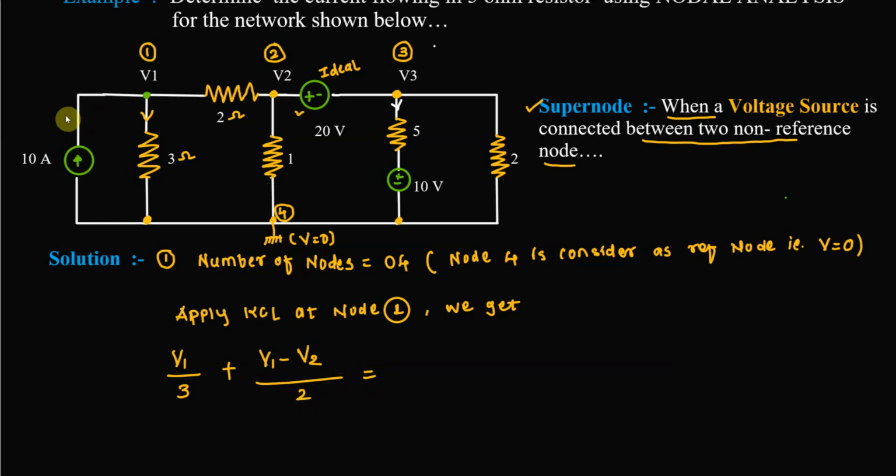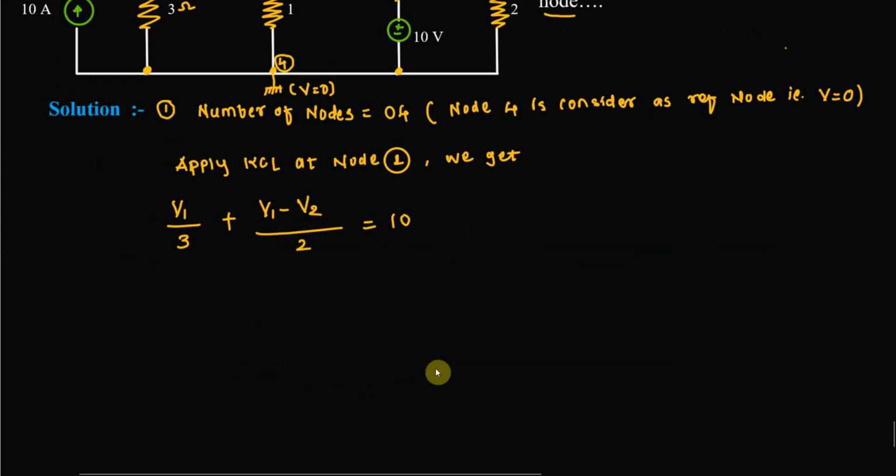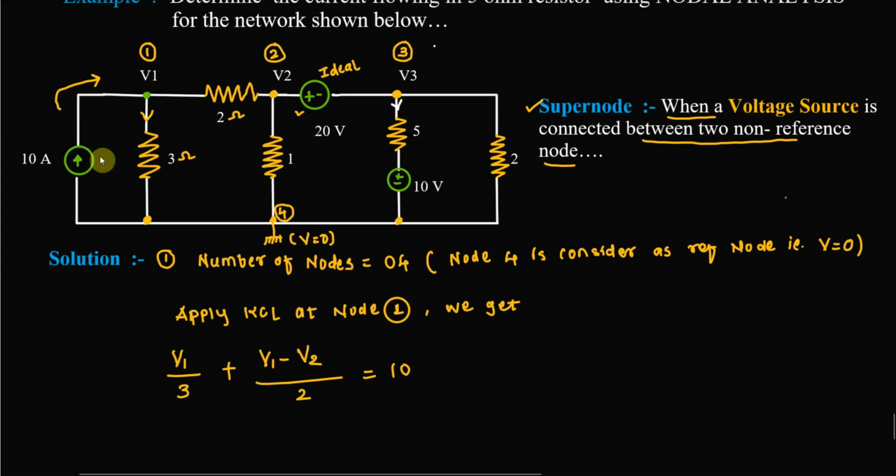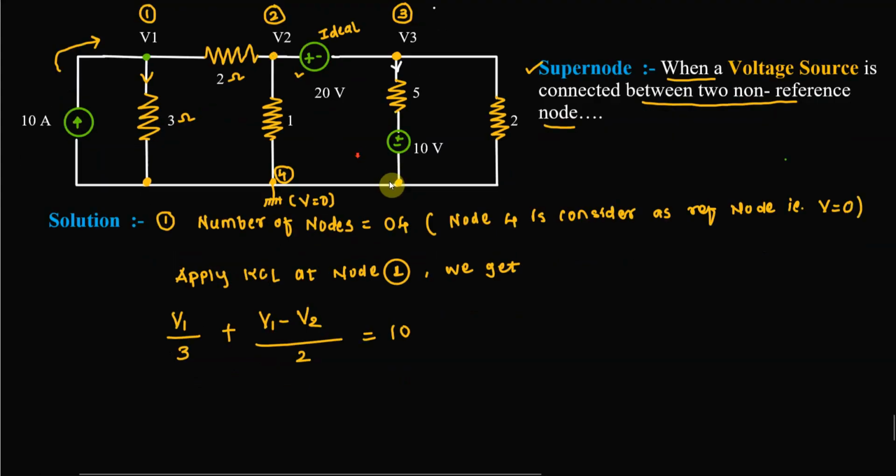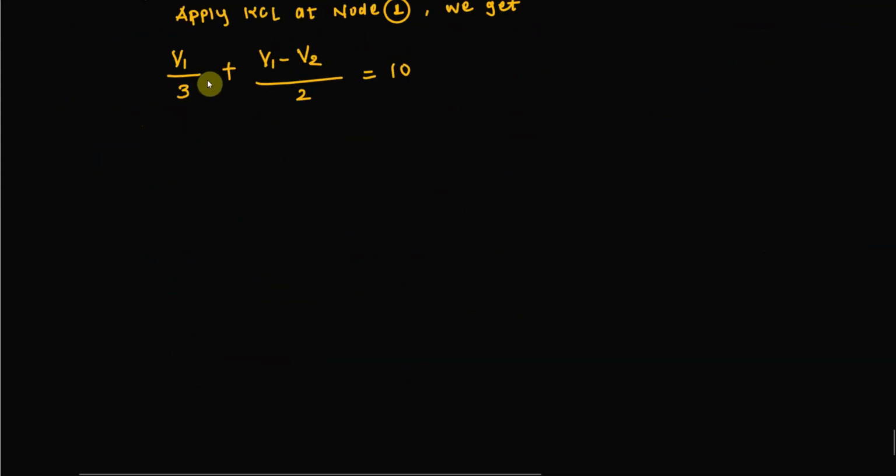The total current is 10 ampere and this current is coming towards the node. When the current is coming towards the node, you have to take that current as positive, so this will be 10. There are only these two elements. Now we will rearrange, meaning we will collect the terms of V1 and V2. So it is (1 upon 3 plus 1 upon 2) V1 plus (minus 1 upon 2)